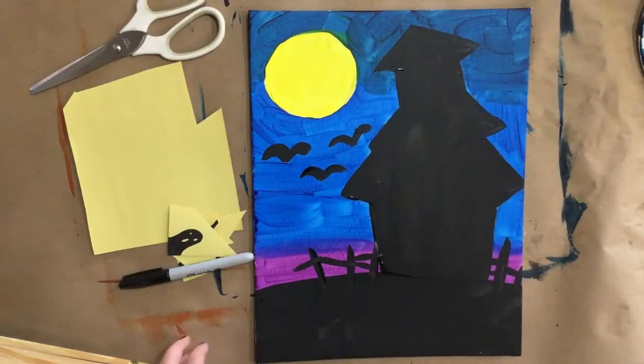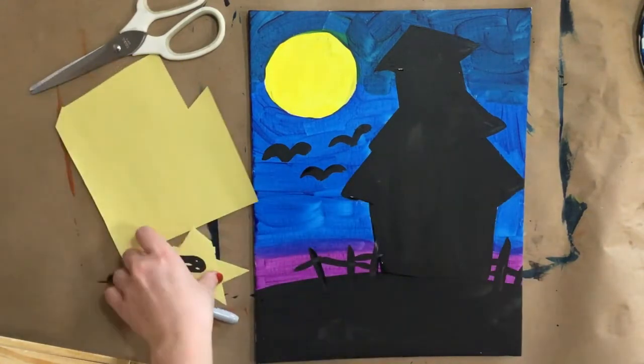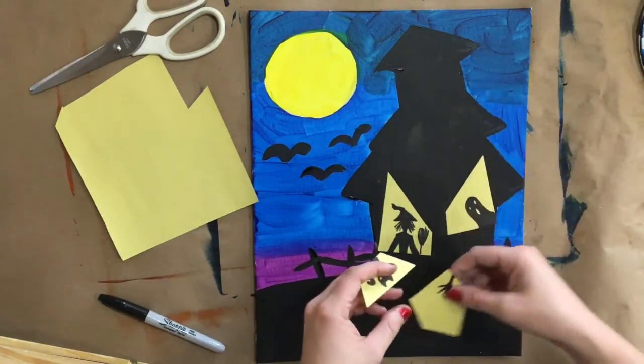Now that our paint is finished drying, we can make our windows for our haunted house. I've done a few here already, and I might do a couple more. I'll just figure out where I want to put